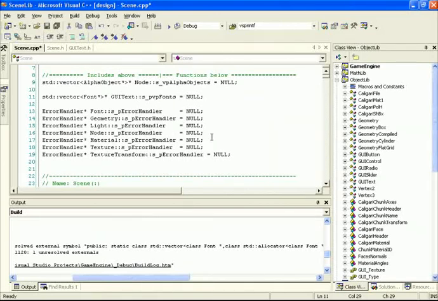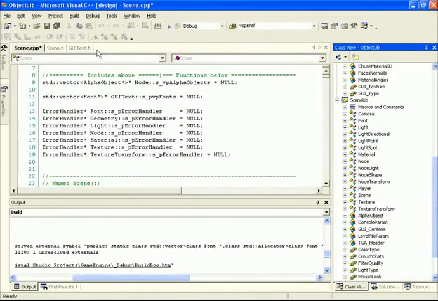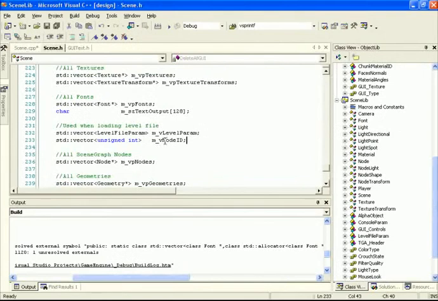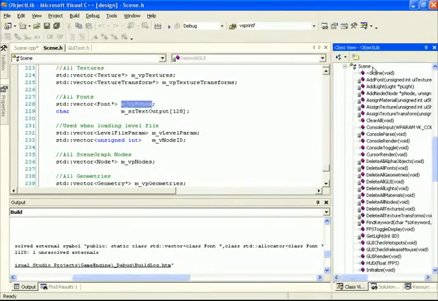Now after we initialize our scene, or actually before we even initialize, after we construct our scene, we'll have access to this member variable right here. So once we have access to it, we should assign our static member variable for our GUIText to point to it. And we can do that by going inside of our constructor, scene,